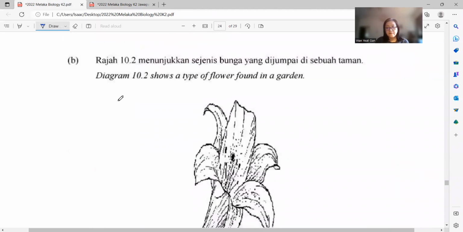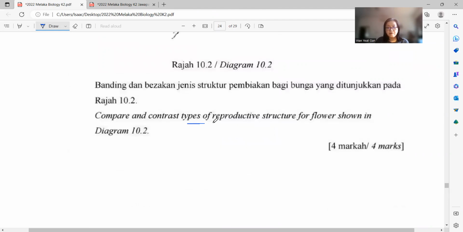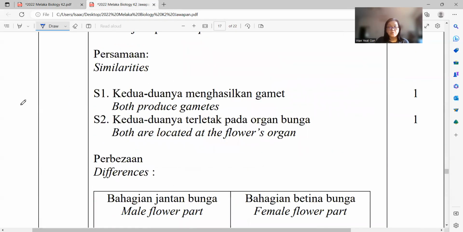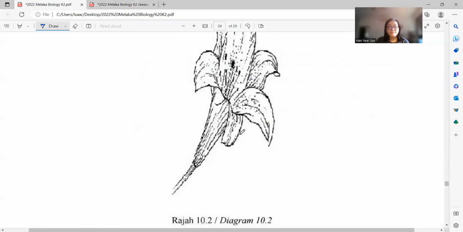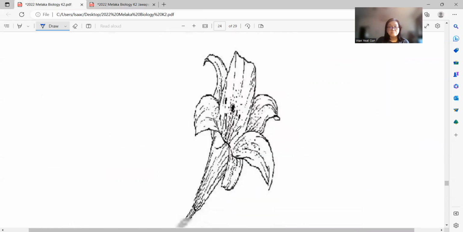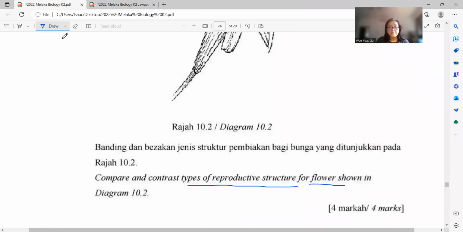Diagram 10.2 shows a type of flower found in a garden. Compare and contrast the type of reproductive structure for the flower shown in 10.2. Okay, so both produce gamete and both are located at the flower organ. So, but one of it is a male and female flower. Okay,